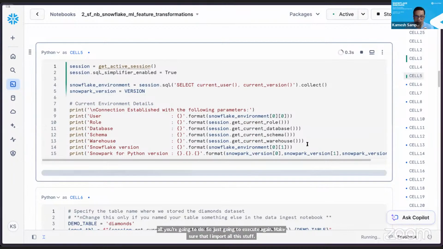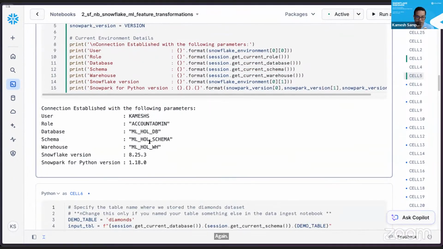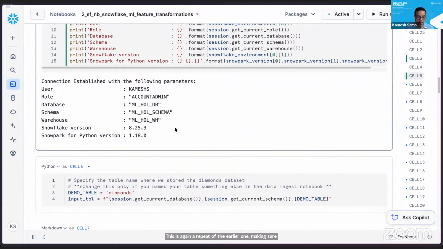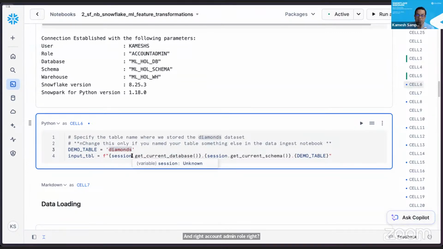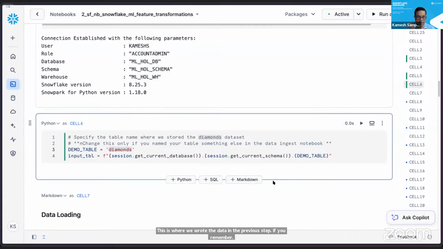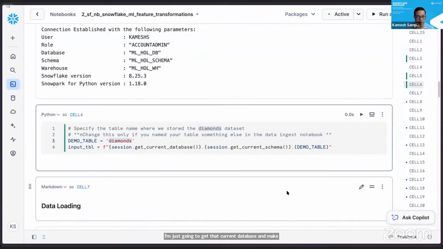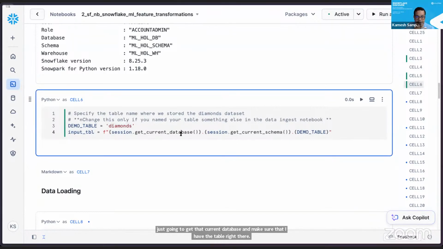Again, this is a repeat of the earlier one, making sure that I'm on the right schema, right database, and right account admin user role. The very first step we are doing here, the diamonds table, this is where we wrote the data in the previous step, if you remember. I'm just going to get the current database and make sure that I have the table right there. Get the current database, get the current schema, and within that, this is going to give you the fully qualified name.